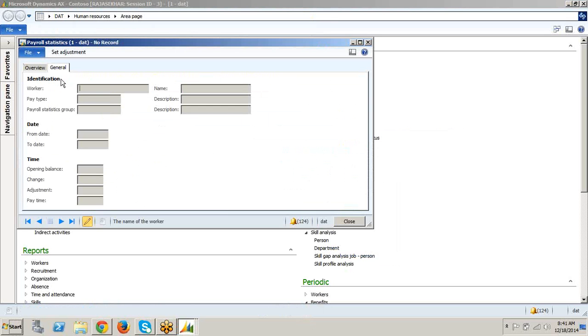Identification is a group and it has a group of fields: worker type, pay type, payroll. These are all one group. Date fields are one group, and time fields are one group.